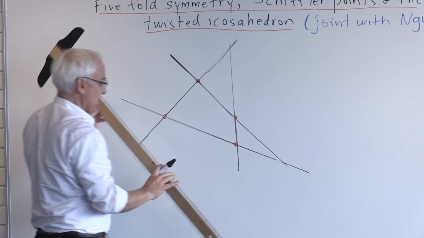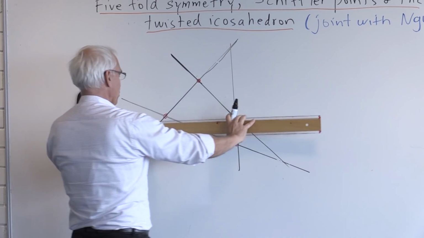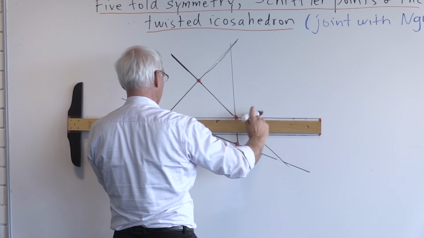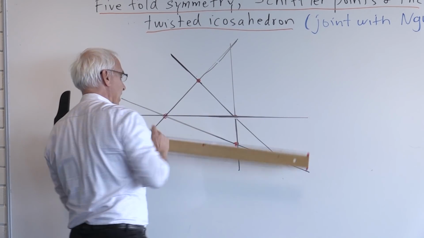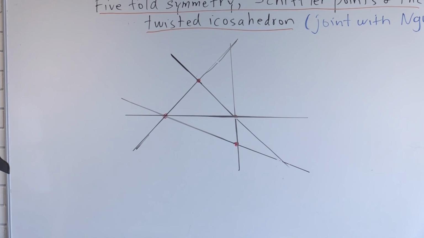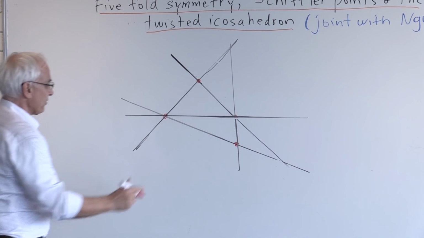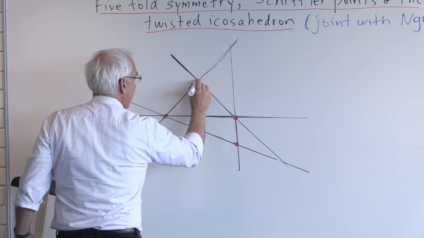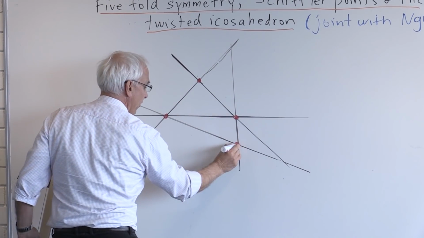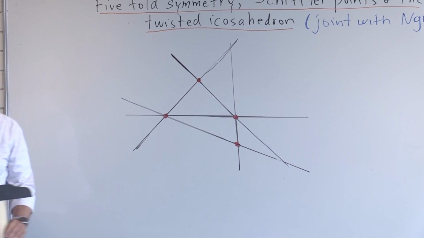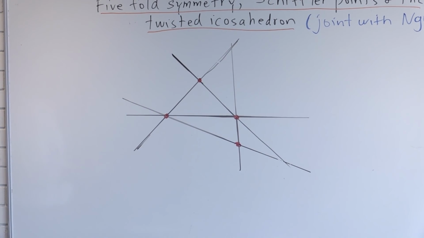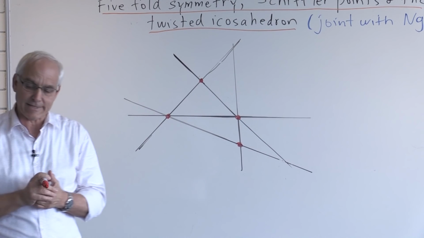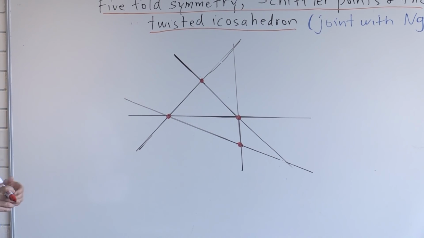If we have just 3 points, then there's actually very little we can do. We can join those 3 points and create a triangle, but then in projective geometry, there's no more that we can do. So the subject really starts with 4 points, and the configuration I'm going to show you now is one of the perhaps 3 great configurations of projective geometry. The other one's going back to Pappus's theorem and Pascal's theorem, and also to Desargues.